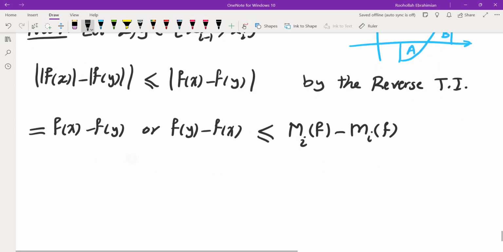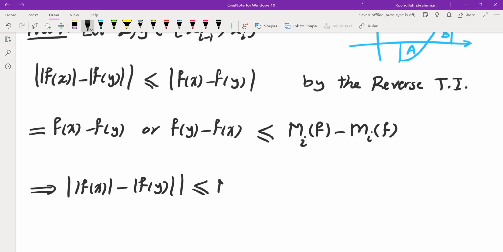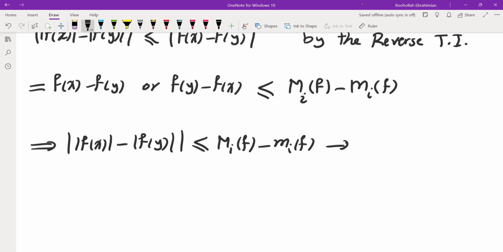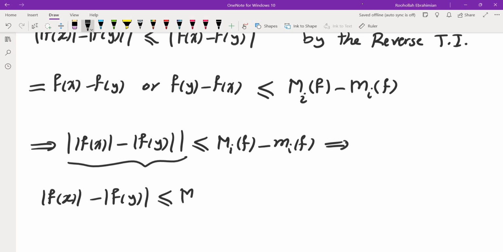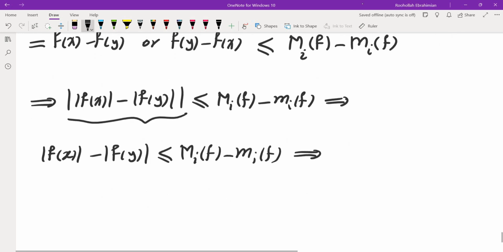Okay, so if you look at what we got, the absolute value of f of x minus absolute value of f of y is less than or equal to supremum of f minus infimum of f. Now I can drop the absolute value, because if I drop it I get something even smaller. So the absolute value of f of x minus the absolute value of f of y is less than or equal to capital Mi minus lowercase mi, which means